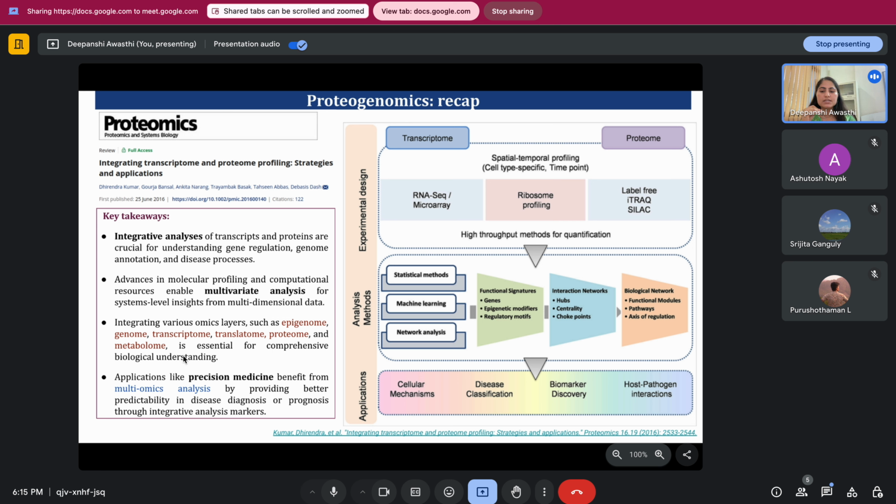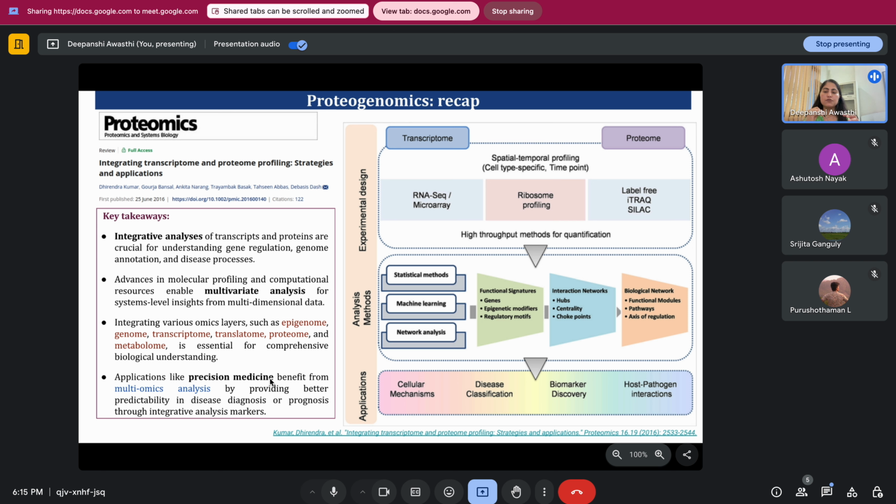And the metabolome is all the metabolic constituents that are present in the cell. They are referred to as the metabolome, such as enzymes or other molecules, other proteins which are present. So these all are essential for comprehensive biological understanding, and this will also help us to design precision medicine,